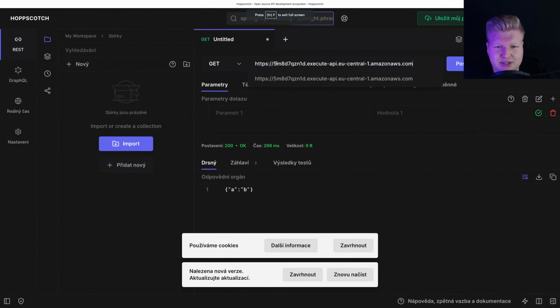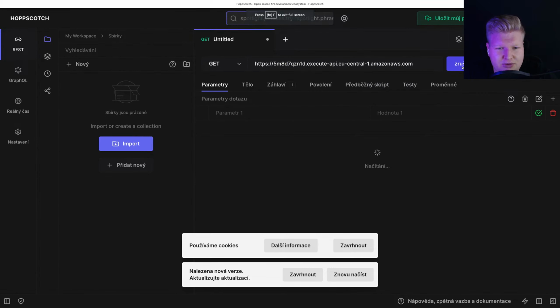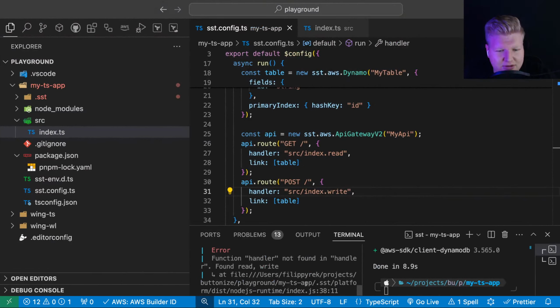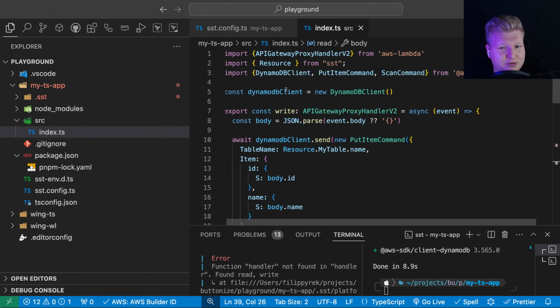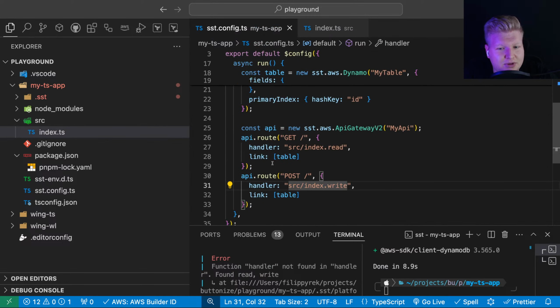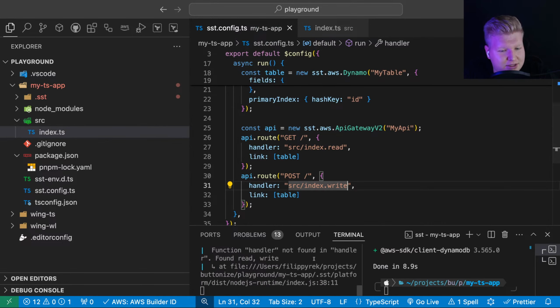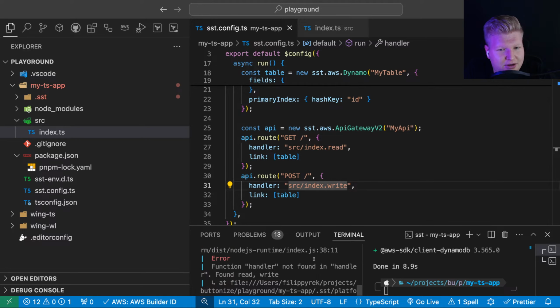Let's try to do the request. So we created an API. We want to do a get request. Is it running? Handler not found. Oh, right. I see. This is not ideal.